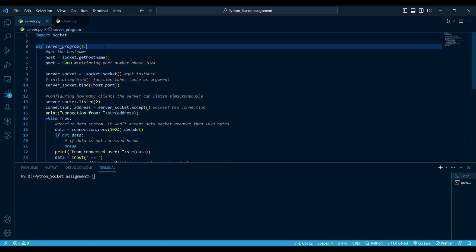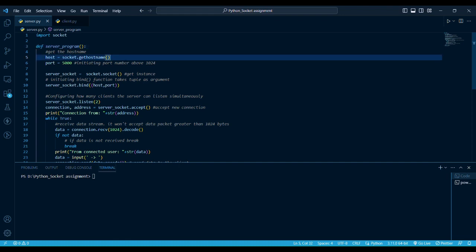Let's start with the server.py file. We have imported socket to make a bidirectional connection between server and client. We have defined a server program method which does all the server configuration. We can obtain the host address by using